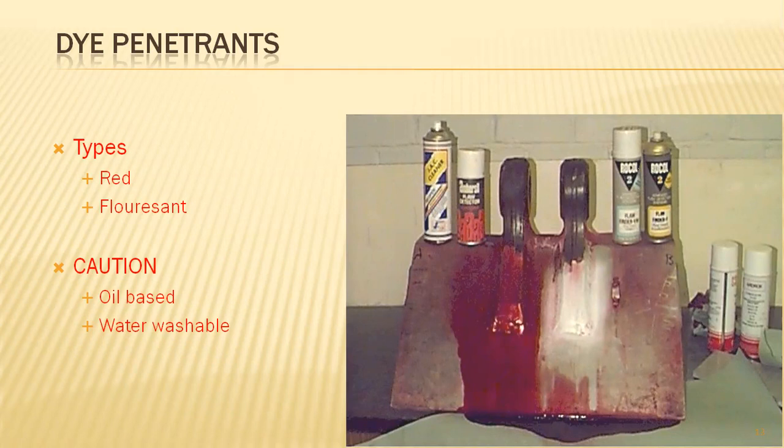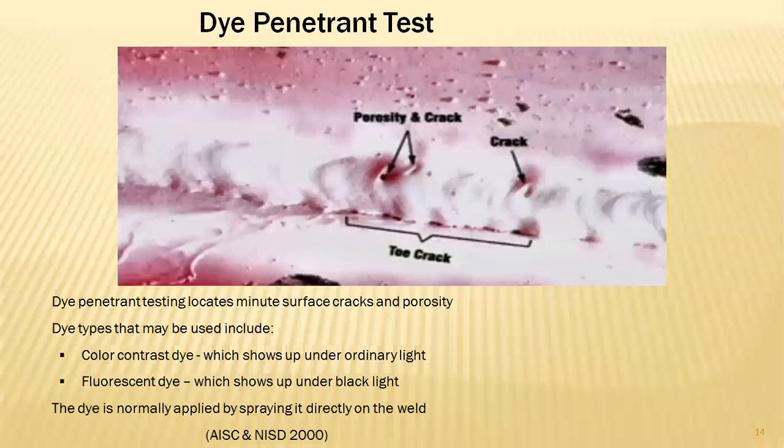So let's have our live example also. Nail polish is one of the best examples, and a remover also exists in the liquid phase. When it has gone into the dry section, if the remover is applied with cotton and we swipe it off, the entire nail polish already furnished on our nail will be removed completely, coming back to our original natural condition. That is one of the best examples of dye penetrant.